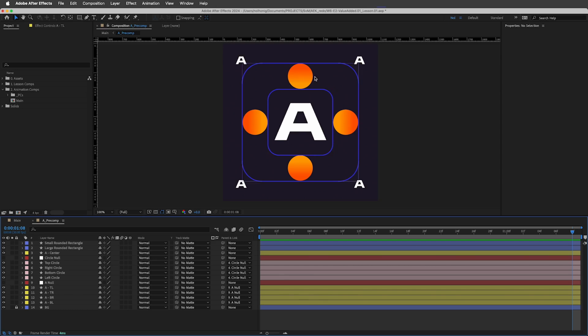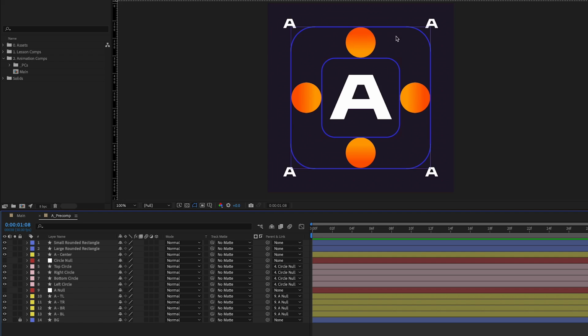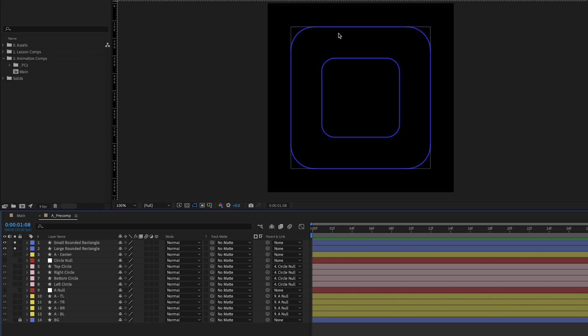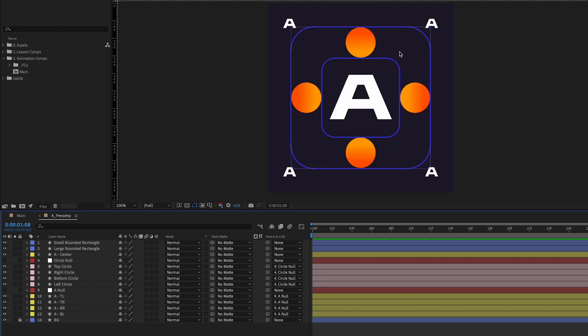So what I want is a mat, essentially, that fits in right here, okay? I've got these two rounded rectangles here, right? And then I've got these kind of circles that are inside of them. And I want these circles so that if I make them bigger, for example, or if I move them in